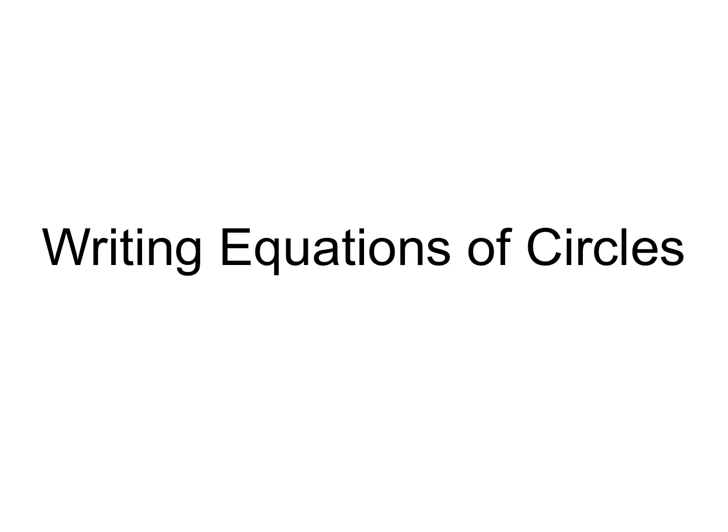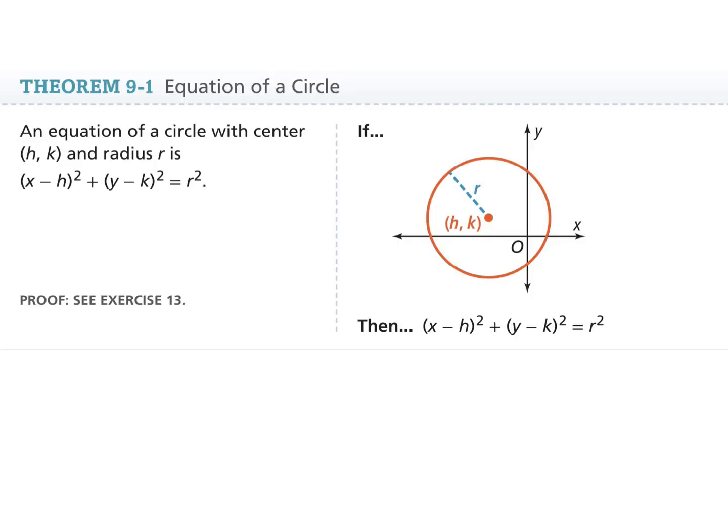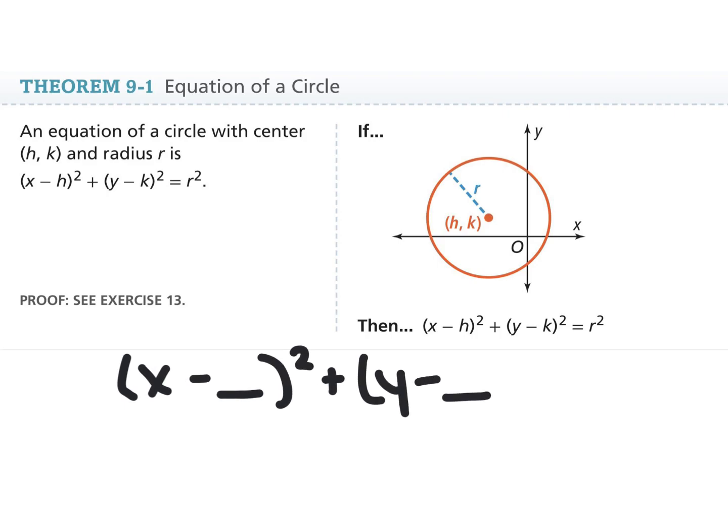In this video, you will learn about writing equations of circles. First, let's review the general form of the equation of the circle. It is shown on the top left as (x minus h) squared plus (y minus k) squared equals r squared. And essentially, if we were to summarize, it's x minus the blank squared plus y minus the blank squared equals the blank squared, where